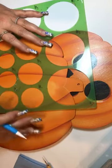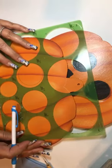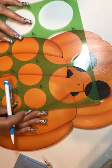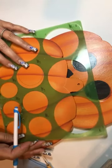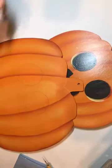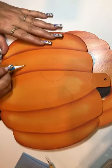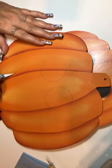So, and when I do circles, I always do a template, because circles are really hard to get, right? So they sell templates with all different shapes and different sizes. So there's my eyes. And I'll change the mouth. Okay, so my mouth, maybe I'll come in and I'll do a traditional